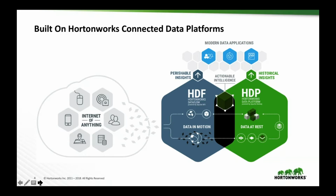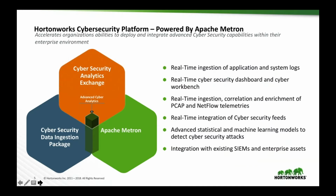But the cybersecurity platform is built on top of those two platforms, and we'll go into detail about that in the upcoming slides. So the cybersecurity platform is powered by yet another Apache project called Apache Metron. And so Metron is built on the capabilities I mentioned to provide for real-time ingestion of the data from the telemetry sources you have on your network, whether it's system logs, intrusion detection, packet capture, pretty much any data source that you can think of on your network, we can ingest and incorporate as part of the data processing pipeline to do analytics on. That data is provided in real time to a cybersecurity dashboard